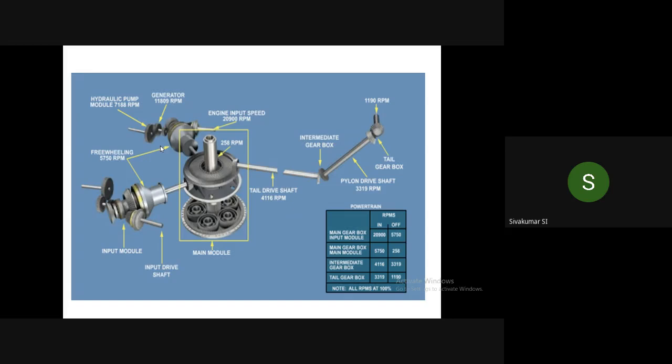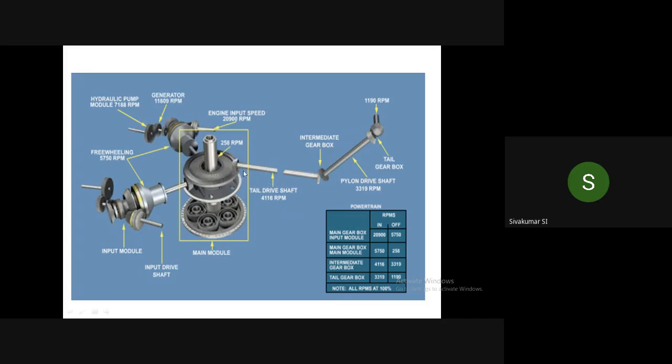To rotate the generator at 11,809 RPM, and also this hydraulic pump model, which is rotated at 7,188 RPM. There is a freewheeling, so some RPM 5,700, 500 RPM. So then it goes to the